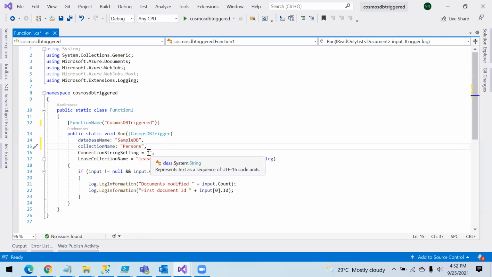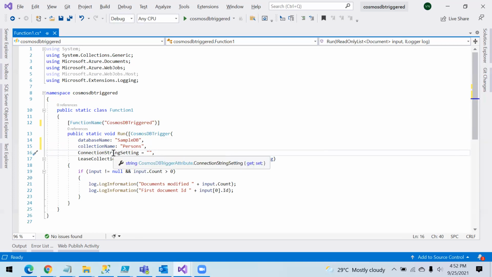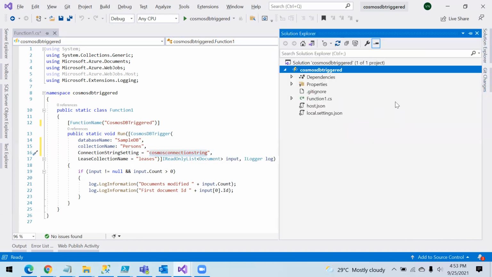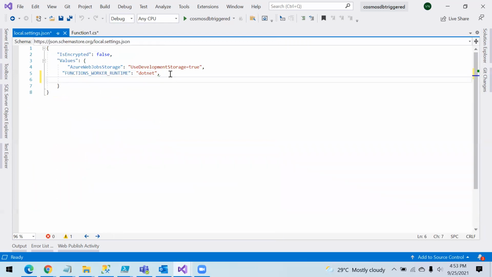And the connection string, what we're going to do is, basically, the function will look for the connection string in your local.settings file if it is in development environment. And if you push it to function app inside Azure portal, it will look in the configuration. So what we're going to do for now is we will save this Cosmos connection string inside the local.settings. So we will have one local.settings file. So we have to go inside this and just add your connection string here.